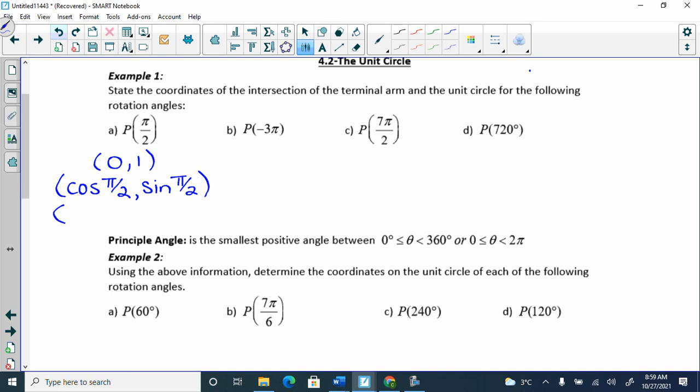So the mode you need to be in is radians because you're putting in pi over 2. So cos of pi over 2 gives you 0. Sine of pi over 2 gives you